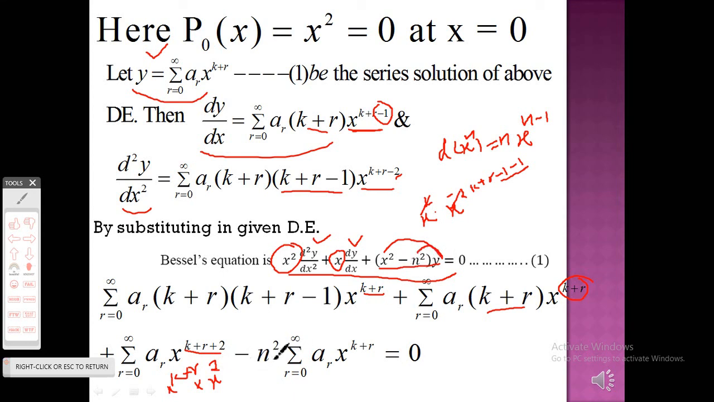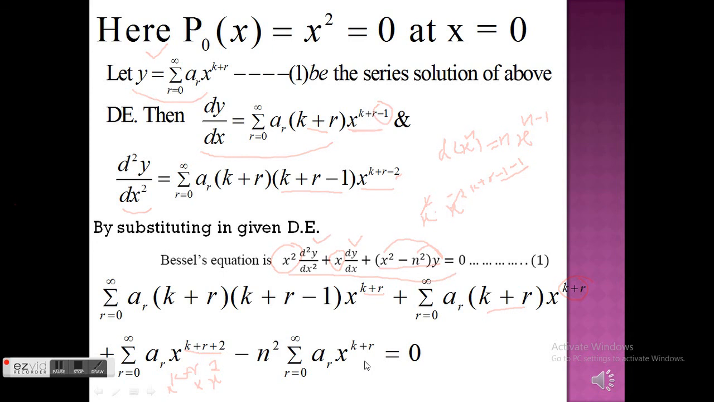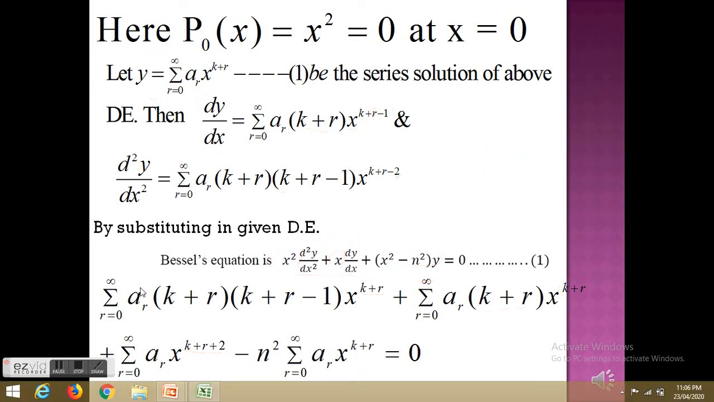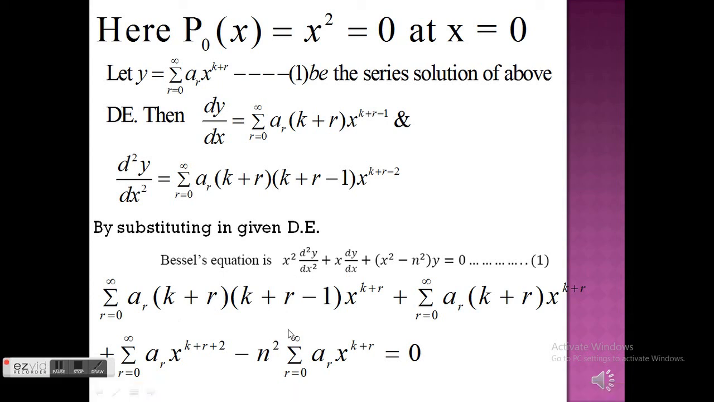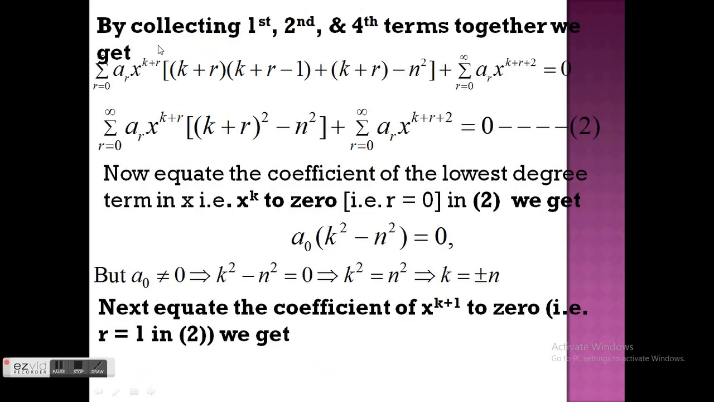So n square I have written outside the summation sign. Substituting the y value, that is summation r is equal to 0 to infinity ar into x to the power k plus r, that is equal to 0, on substituting y, dy by dx, d square y by dx square. Now we can collect x to the power k plus r terms together, and that is the first term, second term and fourth term. Collecting the first term, second term and fourth terms together, we get